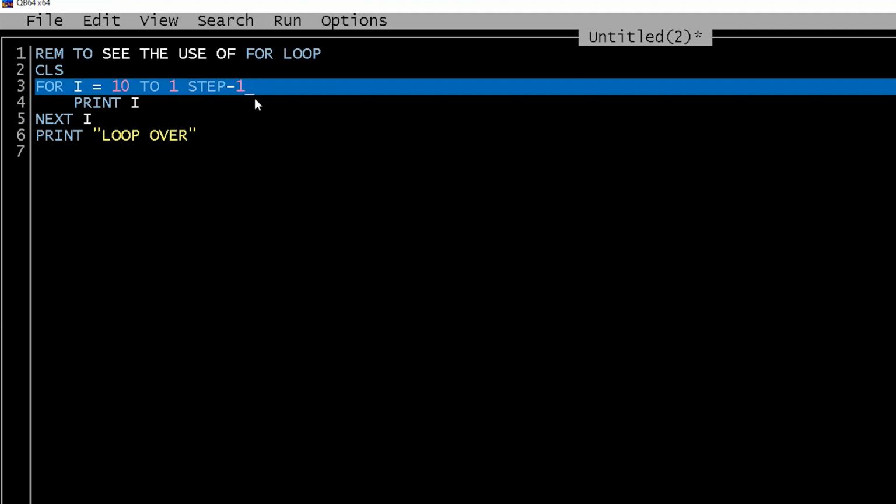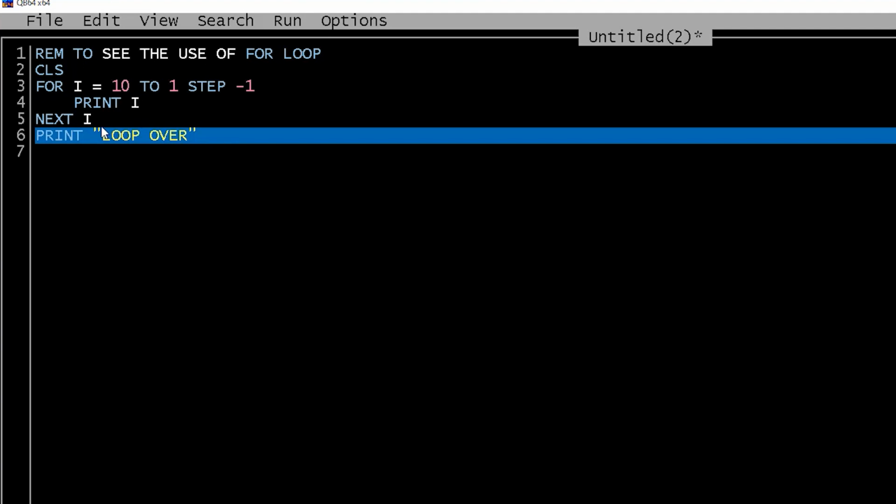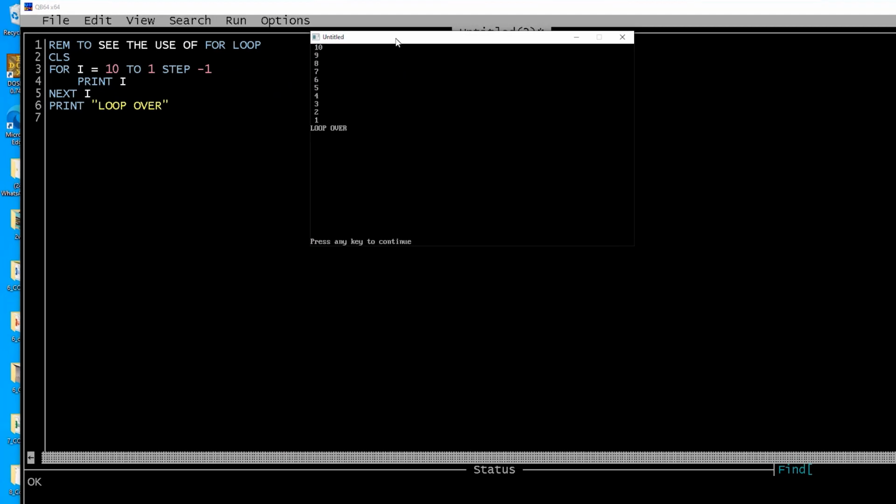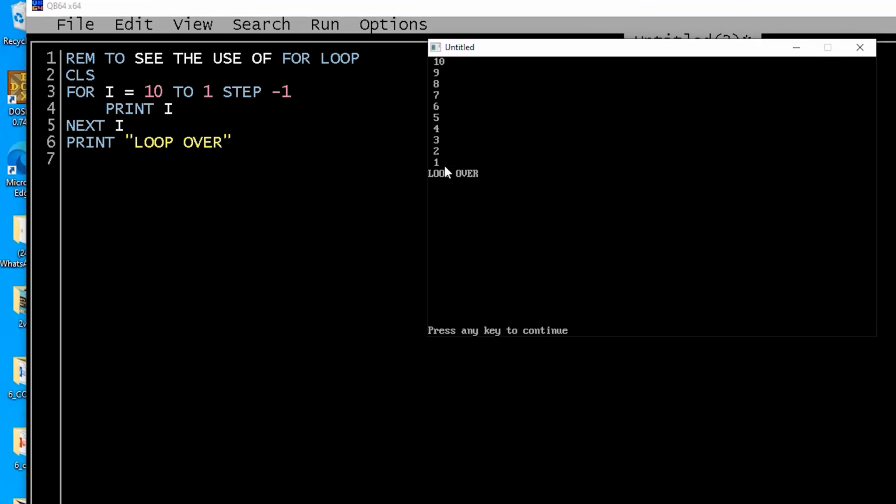So I will be putting the step size as minus 1 over here. My step size is minus 1. Now let me see what will be the output. Now what should be the output? Let us quickly calculate. First value will be 10 only. Then after 10, when it goes to the next I, it will do 10 minus 1 and it will become 9. Then 9 minus 1, it will become 8, and so on. So now if I execute my loop, it is like this. See, 10, 9, 8, 7, 6. So it is a negative step that we have used here.